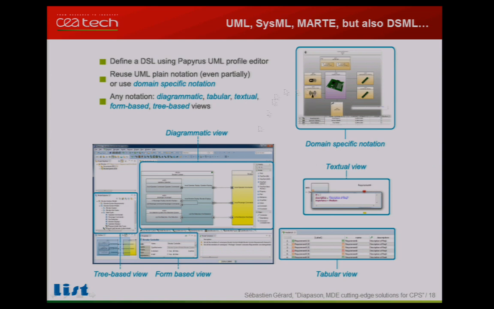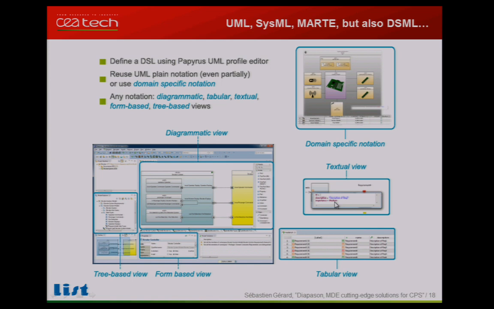We use the profile concept, so you can define your own extension, but you can also customize every part of the tool. Either you can define your own editors or customize the existing editor, as for example this one. First it was designed as a graphical language, but you can also use